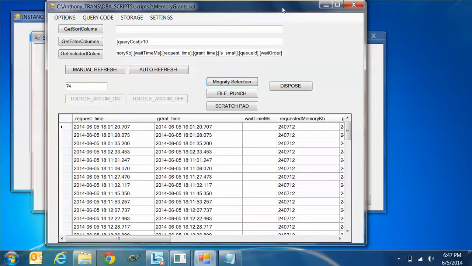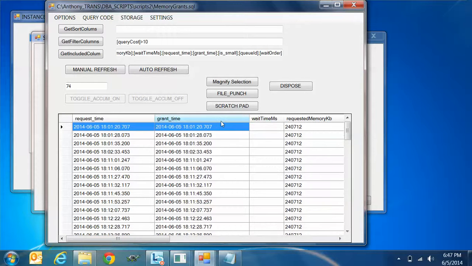This is running right now. We collected a lot of memory grants, and let's review what we collected. So we'll look at the request time of the memory grant and the granted time. They're the same, so therefore there was no wait for the memory grant. But since we're in this display here from the memory grants, we were granted a memory grant. The wait time again shows that there was no wait for the memory grant, but we do have a memory